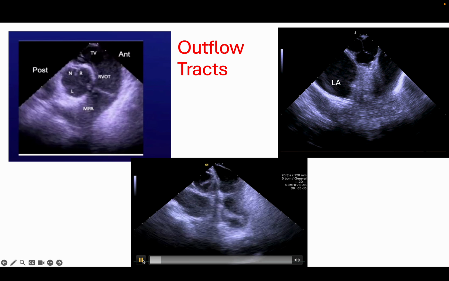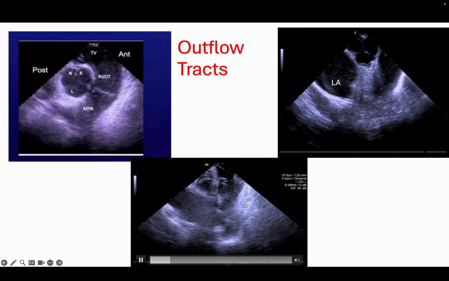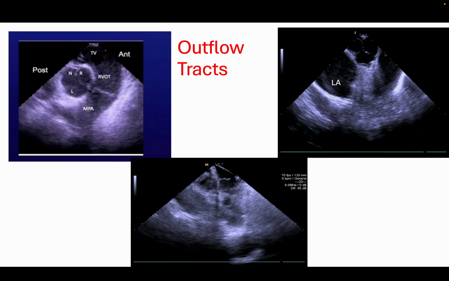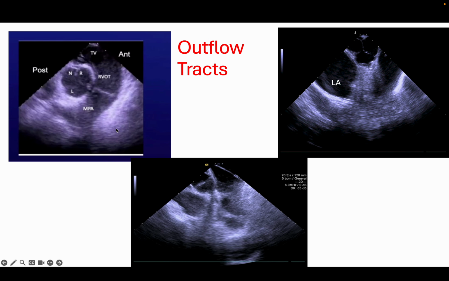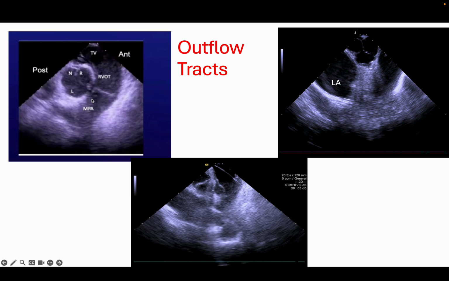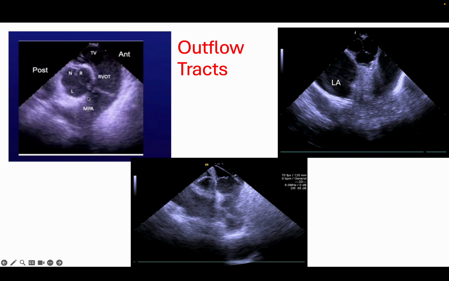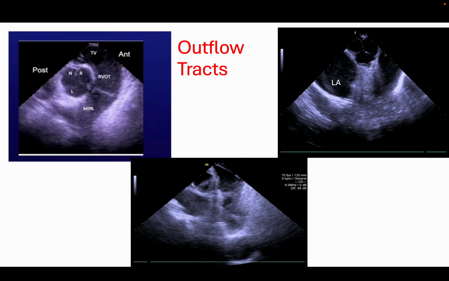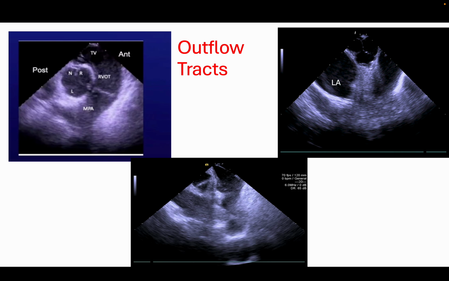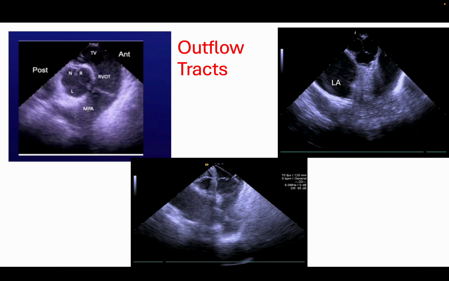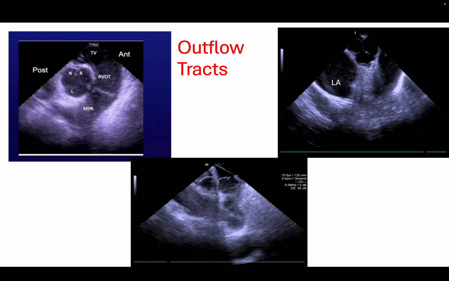RVOT, which can be visualized at the time of ablation, especially when trying to ablate above the pulmonary valves, in order to assess for contact and quickly figure out complications. We can also see that above the pulmonary valve, we are in close contact with the left coronary sinus of Valsalva and therefore close to the left main coronary artery. Thus, these views also help us assess the safety and allow us to think about possible damage to